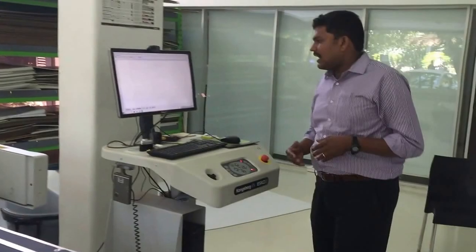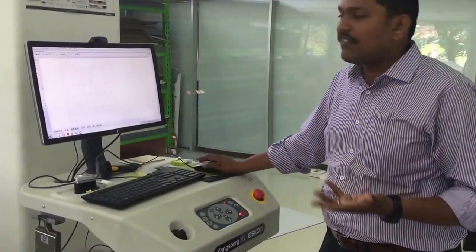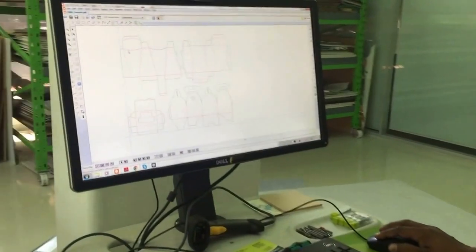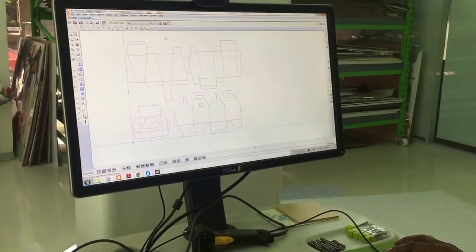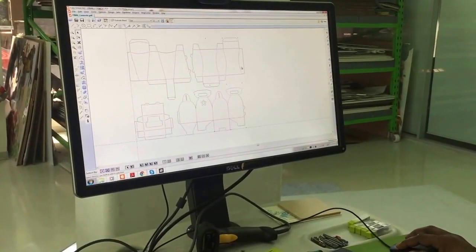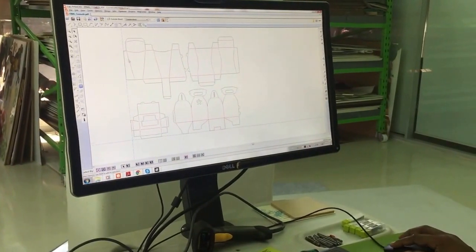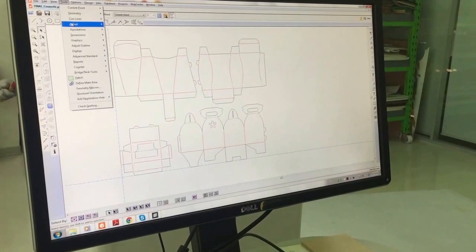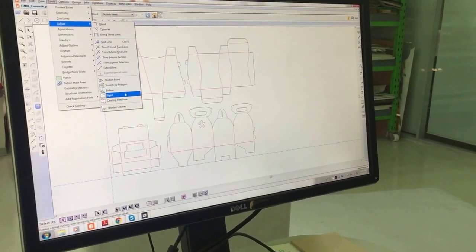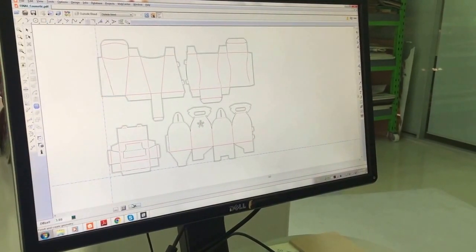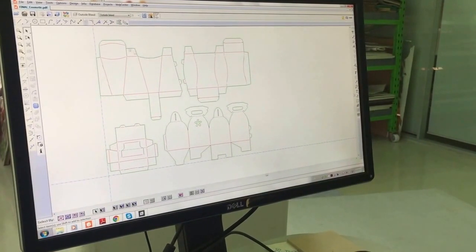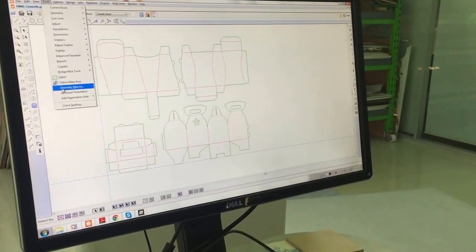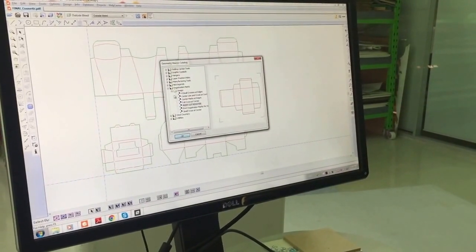So the first part, I've got this file, it's a cosmetic file. Now it has some cut lines, crease lines. Each of these cut lines has a boundary. Now what I am doing is, first, as the operator always does, goes and assigns a bleed value. So the bleed layer is created. As a next step, he's going to go and assign a geometry macro.